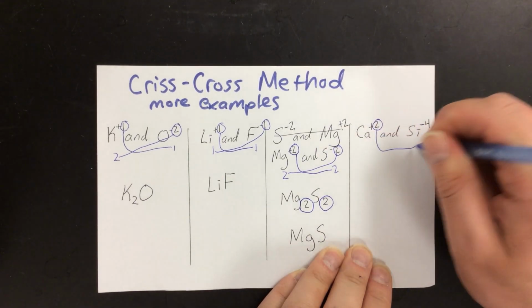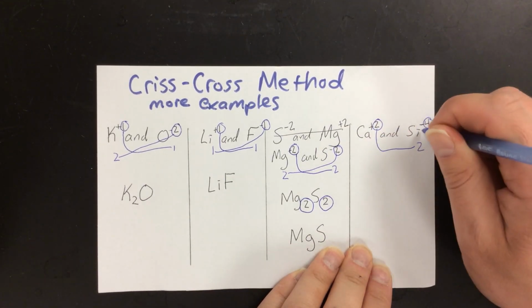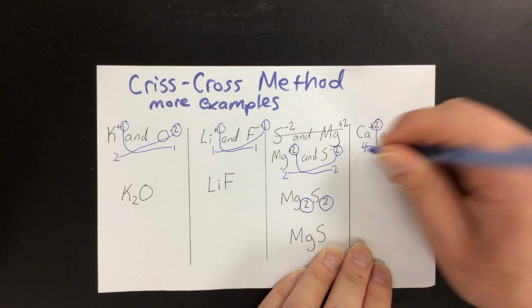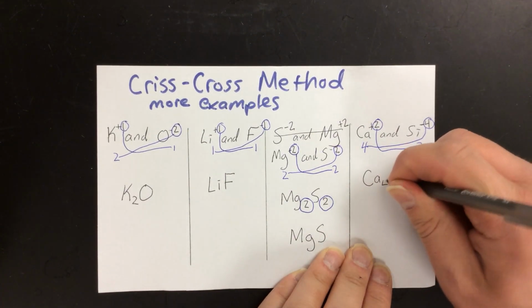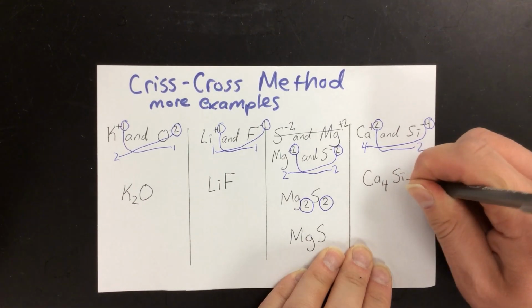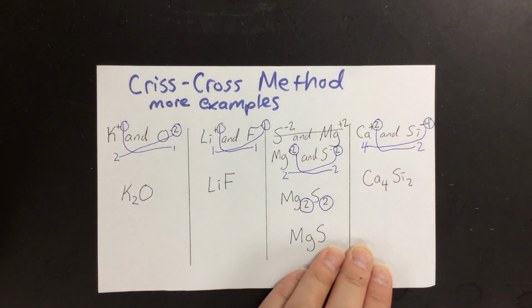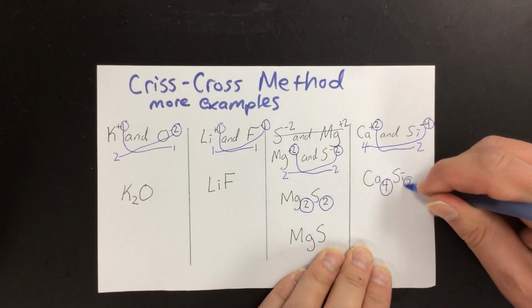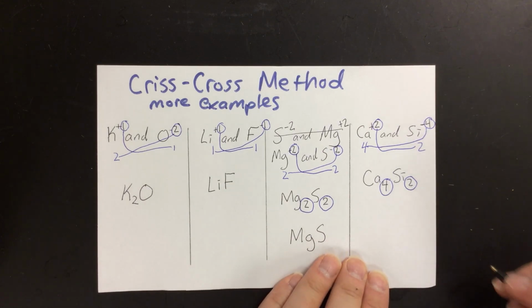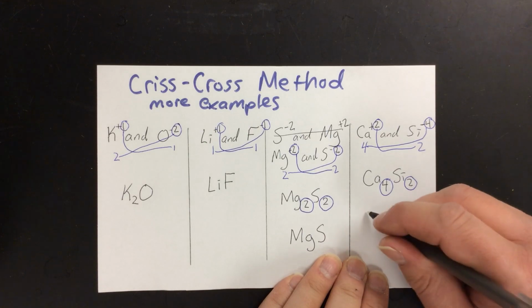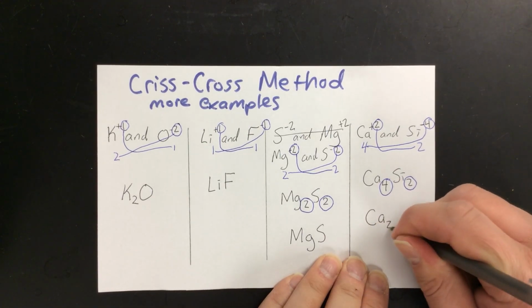When we crisscross, this tells us we would need 2 silicons, and this tells us we would need 4 calciums. And that would give us the formula Ca4Si2. But once again, we need to check to see if these can be reduced by a common factor. And it turns out both subscripts have a common factor, 2. So we can reduce them down from 4 and 2 down to 2 and 1. So it will go to